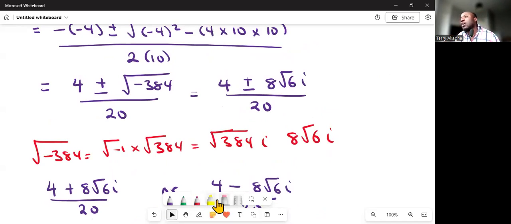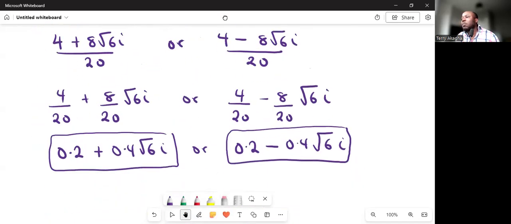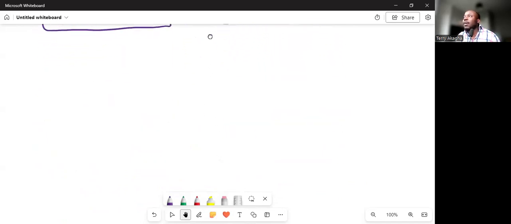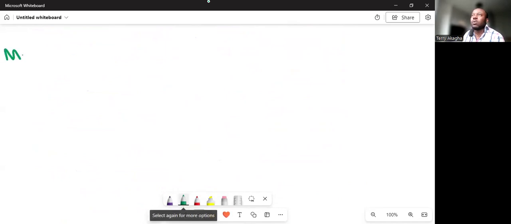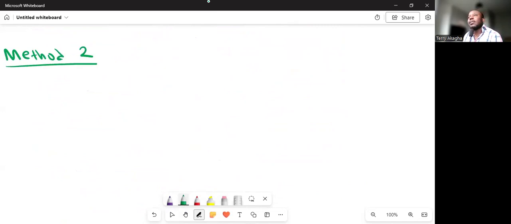So I can use the quadratic formula. You can use the quadratic formula method to solve this straight away. But I can decide to use the complete the square method here. So method 2, we can use complete the square. I've explained the concept before. So we had 10x squared minus 4x plus 10 is equal to